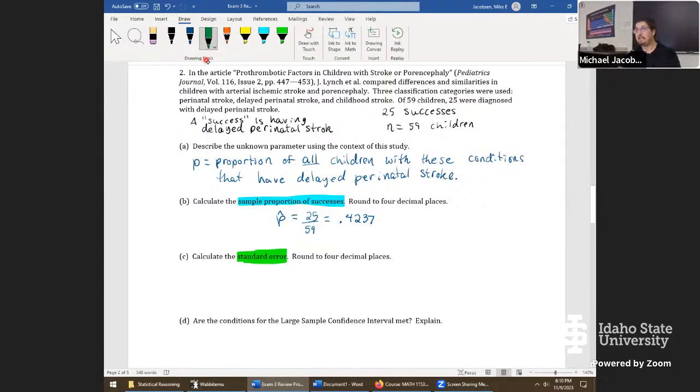There's multiple different standard errors. We'll see a new one in chapter 12. And we already use the standard error in two different ways. It has one format in hypothesis testing, but if you're doing a confidence interval, it will have this format. SE for standard error of p hat just tells us which one. It'll be the square root of our p hat times 1 minus p hat. So that takes care of the numerator, then divide the whole thing by sample size n. At this stage, we're just throwing values inside the square root. So let's grab the 0.4237. 1 minus 0.4237.